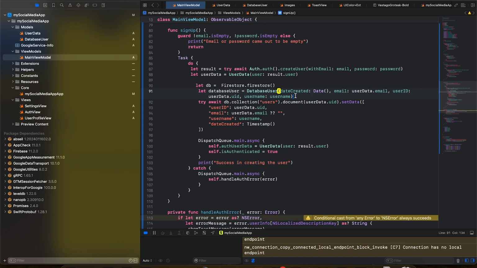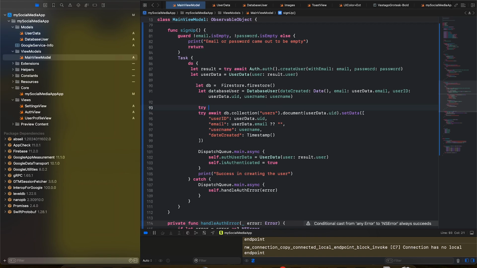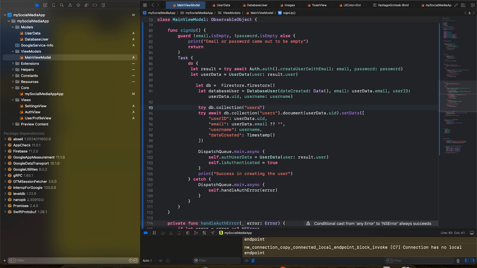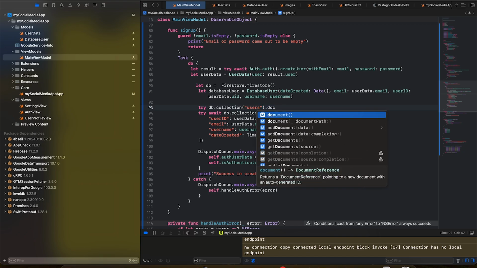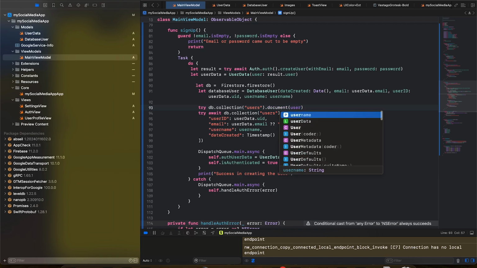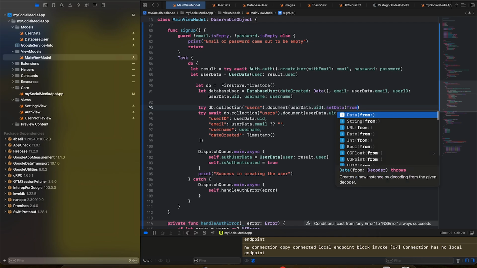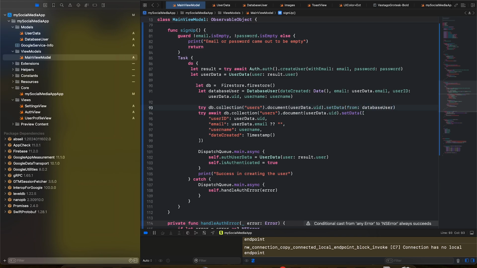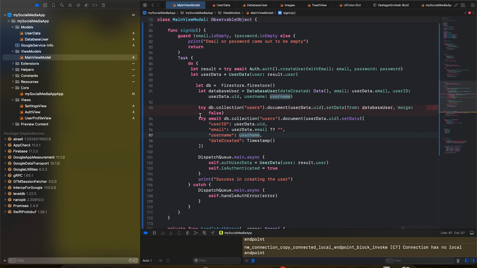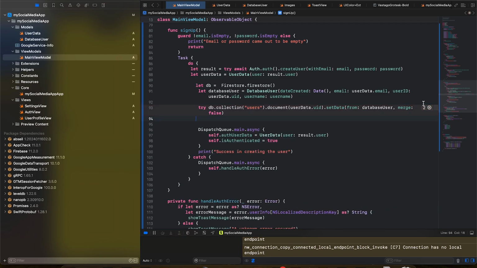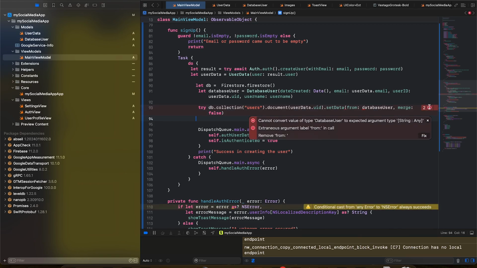So now that we have done this much, instead of creating the dictionary, we could do try db dot collection, we could enter users here, now we could have dot document, and inside of it let's add user data dot uid, again the same thing, and this time we would do set data, and it would be from database user, and we would do merge as false, and hence we don't really need to perform this functionality now from what I know. And we can cross this out,